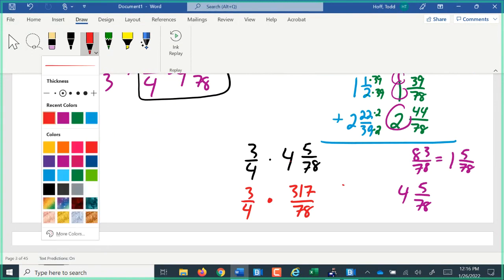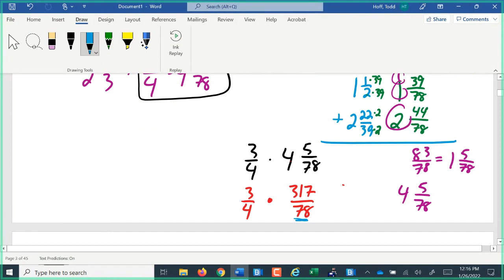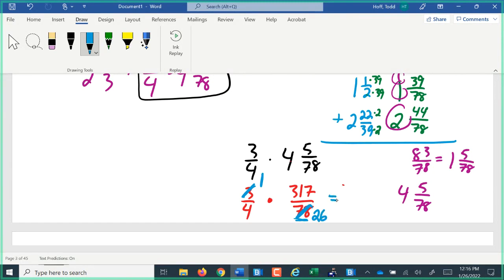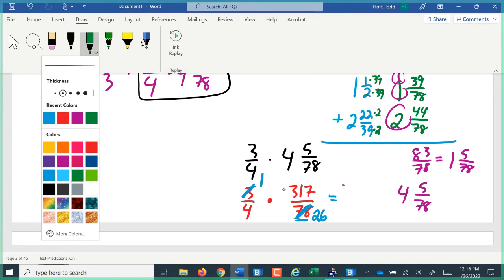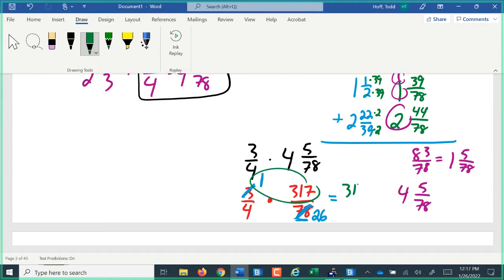Now, at first glance, you might not see any cross-canceling we can do. But remember, if you add the digits of a number together, here's 7 plus 8 is 15. If that's divisible by 3, the whole number is divisible by 3. Well, 15 is divisible by 3. So both 3 and 78 can be divided by 3. 3 divided by 3 is 1. 78 divided by 3 is 26. Now we go ahead and multiply. 1 times 317 is 317. 4 times 26 is 104. That reduces to